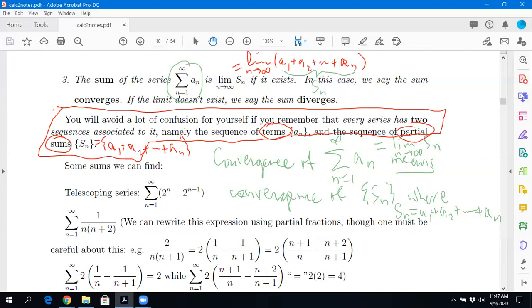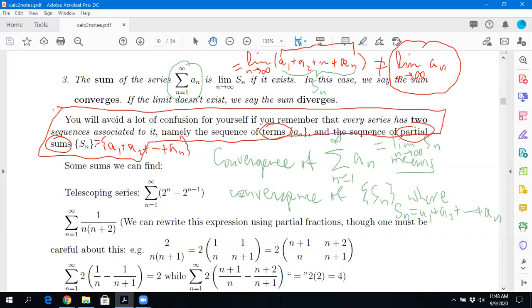Yes, sir. Don't those technically equal each other? Well, because you said in number 3 that a of n is the limit of n. No, this limit is not the same thing as the limit as n goes to infinity of an. Here I am looking at the limit of the sums of all the terms added together up to that nth term. This limit, I'm just looking at the nth term only. Does that make sense? That's a big difference. Please keep these things separated out in your mind.